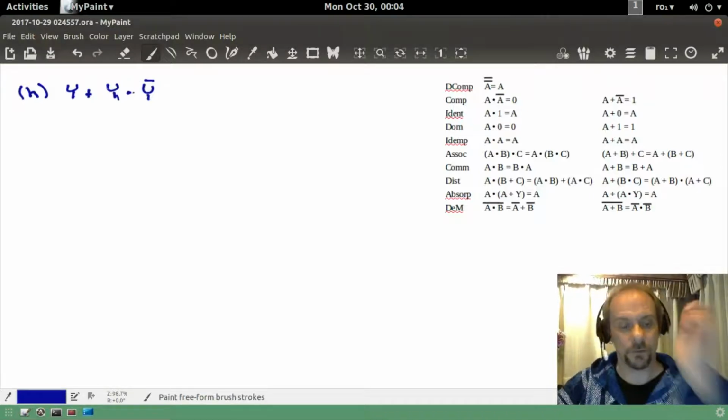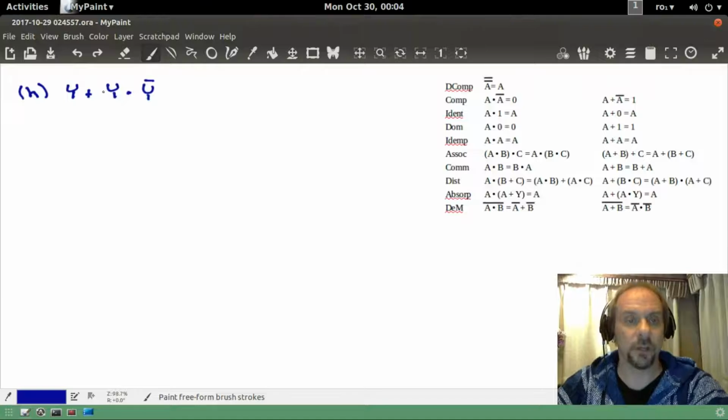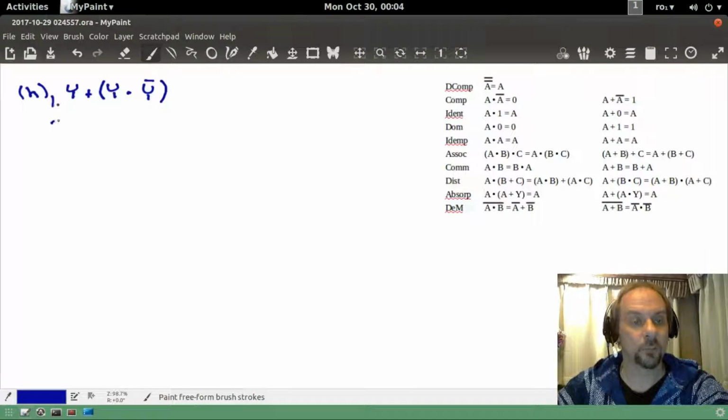Okay, oops, no parentheses were given. I'm going to put them in, keep myself honest. That's line 1. Line 2. There's a disposition to distribute this, okay? If you did, it's not a mistake. It may not lead anywhere because all you end up doing is swapping the signs, but it is not a mistake. By that I mean, we can see that if we were to, you might have decided to go